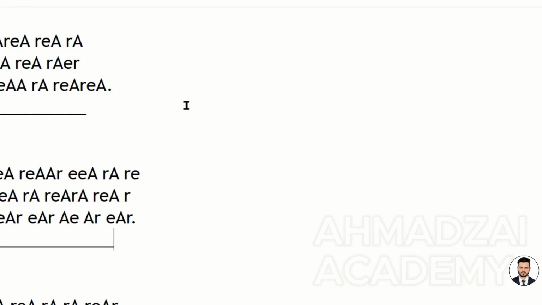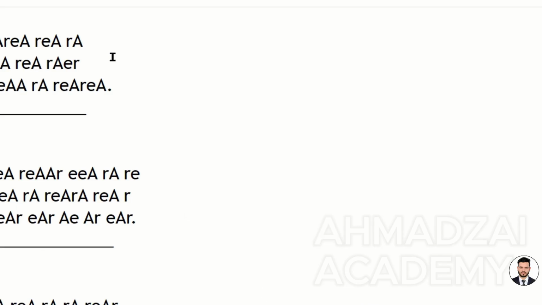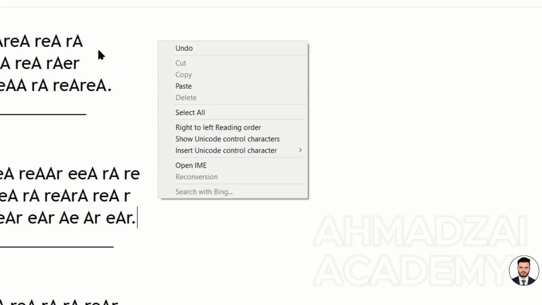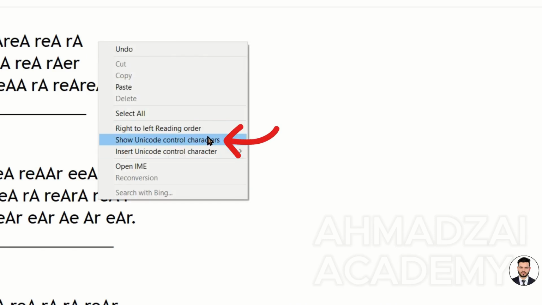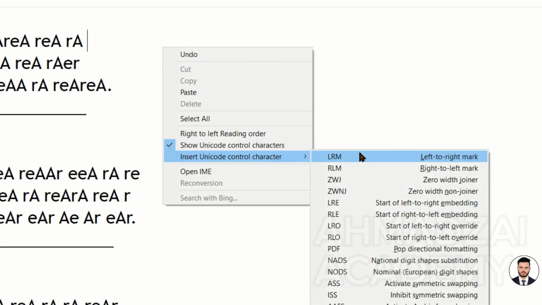If at any point you want to use something like show unicode control characters, it can be used in other places. For example, if you want to have a special character code at the end of each line, or some separators, instead of this dot, you might want some other characters. First, you turn these on, because if it's off, it won't show. Then you come and, for example, enter these characters.